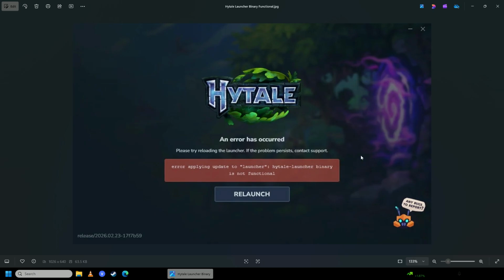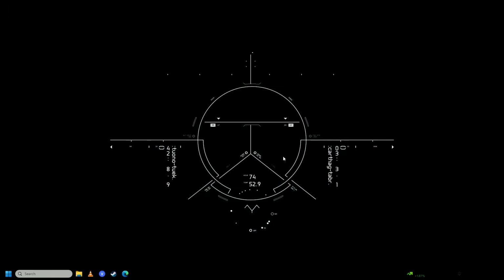So this problem can occur if your installation is corrupt. So what you'll have to do is either verify your game's files or just reinstall Hytale on your computer. So the way you can do that is first what you're going to do is